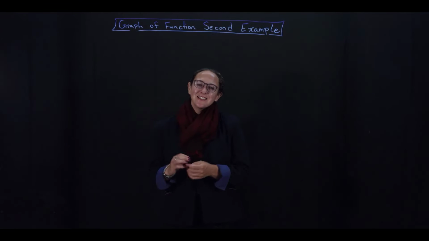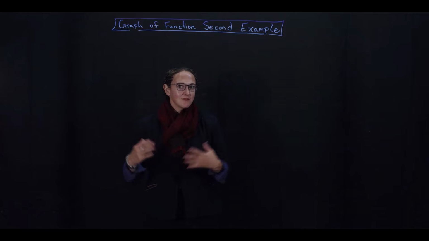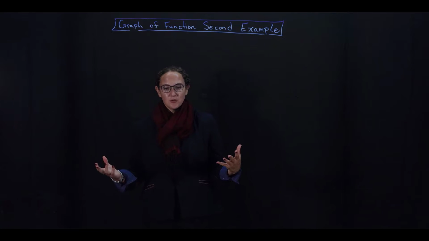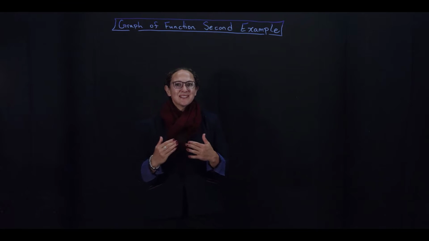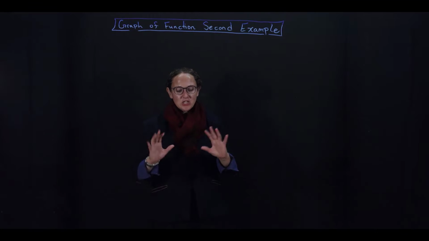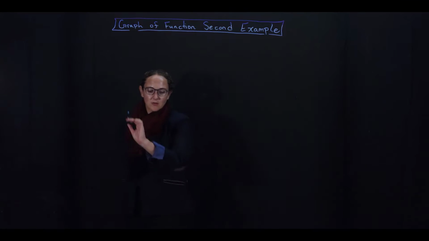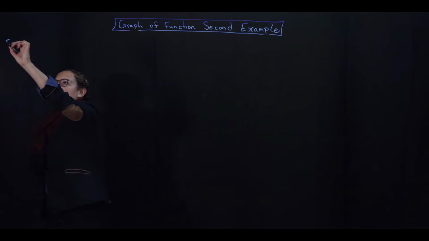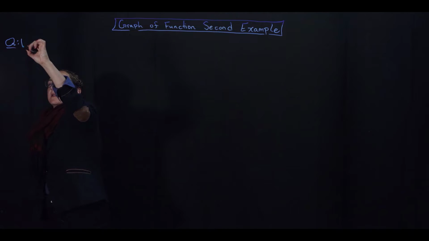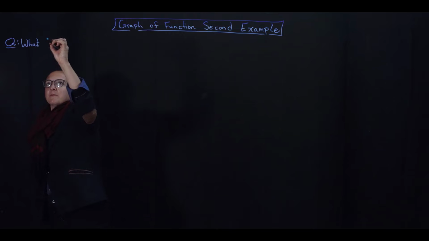Welcome. In this lecture, I'm going to go through another example of what the graph of a particular function will look like. In particular, we're going to mix this one up a little bit in terms of changing the variables so that you can see how that would impact it. Okay, so the question for this one is, what does the graph of the function